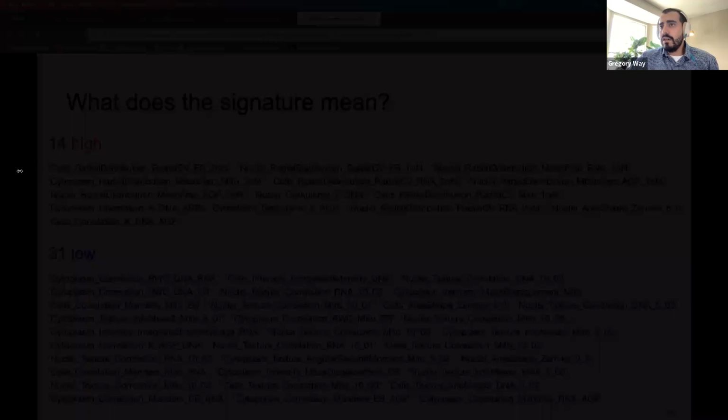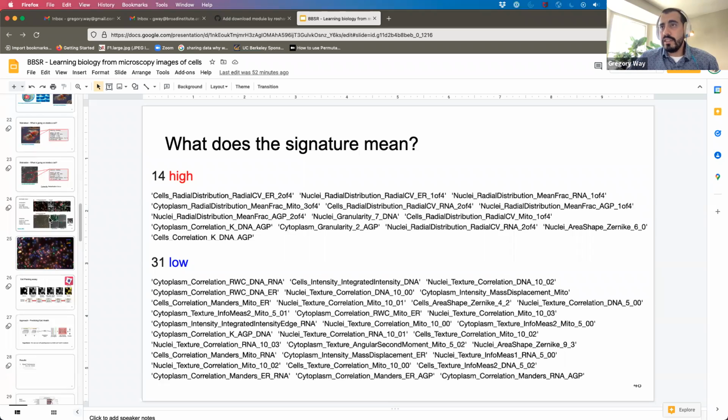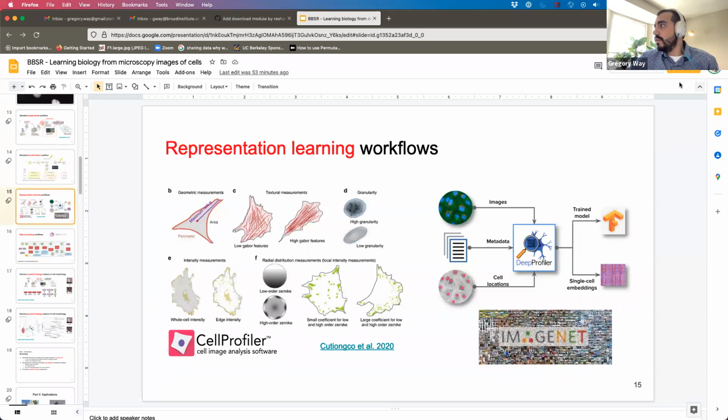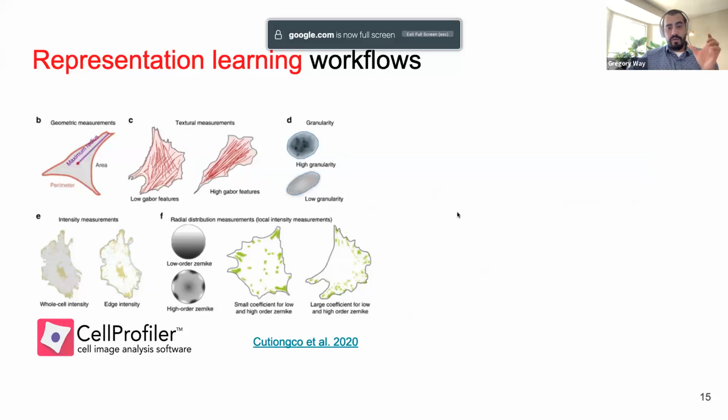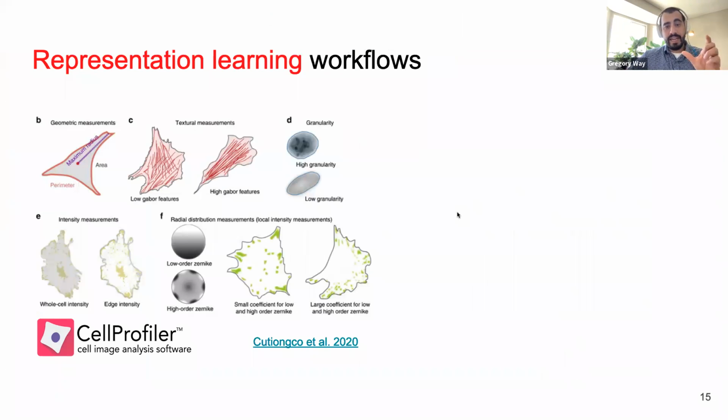Yeah, I have a slide earlier here that describes this in better detail. So CellProfiler will look at a segmentation mask of a single cell image. It segments, well, you have to tell it to do it, but it segments the nuclei and the cytoplasm. And it's going to measure a whole bunch of these so-called hand-engineered features. So it's going to measure perimeter, area, texture-based features like granularity. It's going to measure intensity across the different individual channels in the specified compartment.